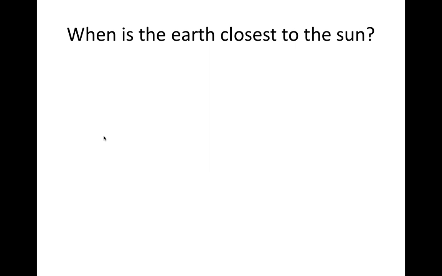What about Brazil? What about Chile? What about Australia? What about South Africa? When are they closest to the sun? Is it still June 21st? But I get it, right? We're tilted towards the sun on June 21st in the northern hemisphere, but obviously that's not when we're closest to the sun